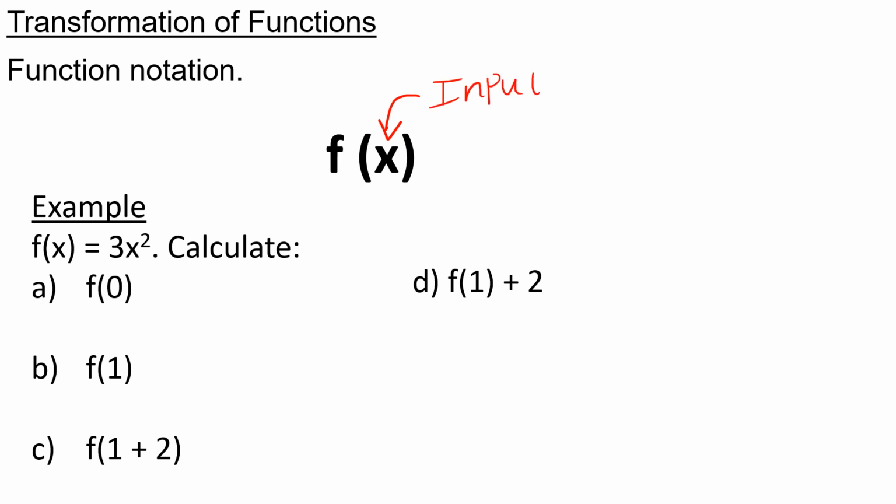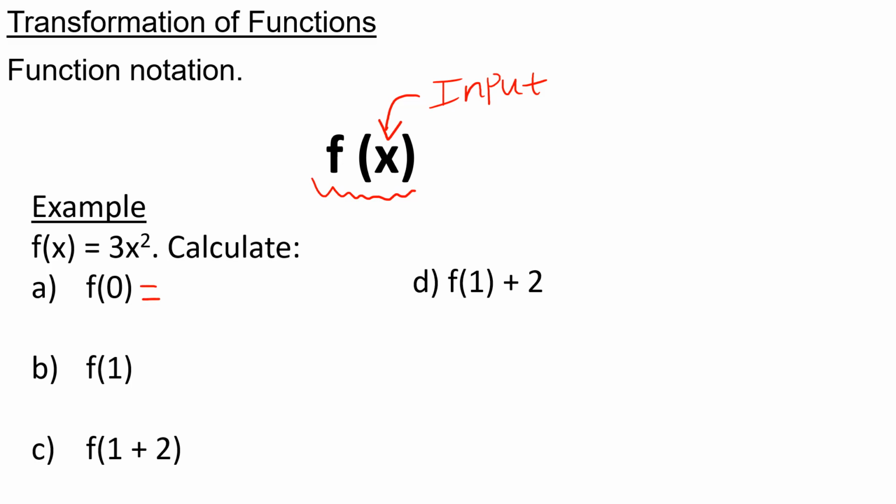We also call it an argument. And then what we end up with is f of x. That's how I read this, f of x, not fx. It's much easier when we see an example. For example, if f of x is equal to 3x squared, if I want to calculate f of 0, all